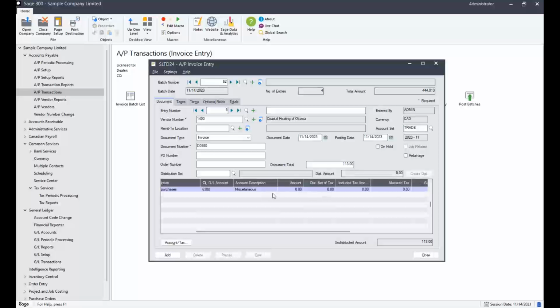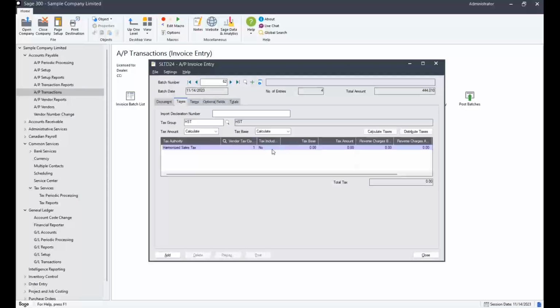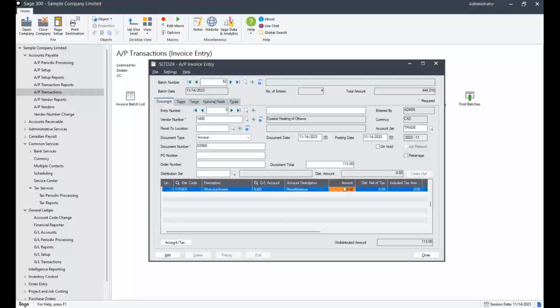But this time, and this is a very simple example, of course, but you can imagine a more complicated one with multiple lines where I don't know that pre-tax amount is $100. It's just not readily available, or I have to do lots of digging or lots of math. What I can do, and I can default this at a vendor level, is to specify that I want to deal with tax included amounts, okay, and have the system basically work backwards. Okay, and I'm overriding it here, but I can make that the default for a particular vendor. Okay. And so what I can do is just simply enter the 113 after tax amount, okay, and